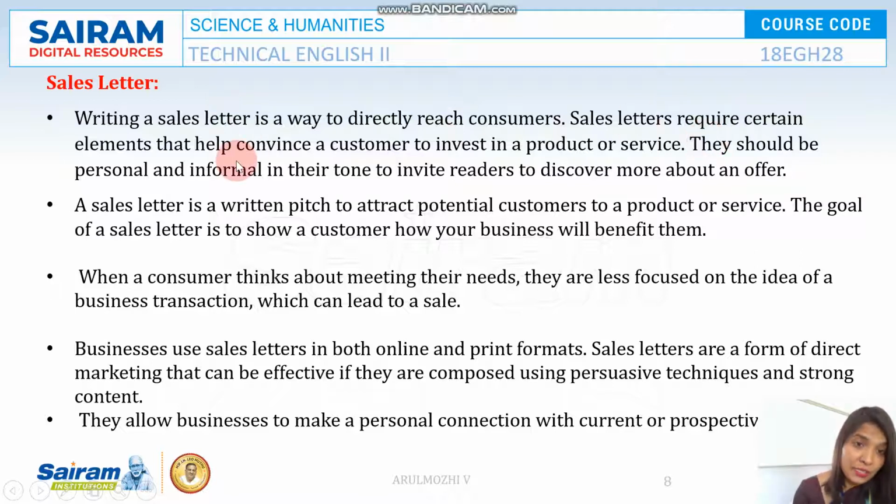Sales letters must be personal and informal in their tone to invite readers to discover more about an offer. So when they feel very close, the customer tends to read more, and they are going to take the service. So it is very essential to address personally. The tone must be informal and personal. A sales letter is a written pitch to attract potential customers to a particular product or service. The goal of a sales letter is to show the customer how your business will benefit them. When a customer thinks about